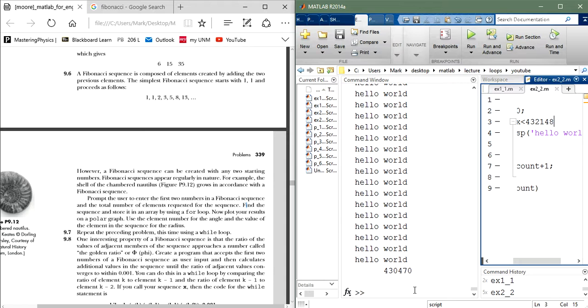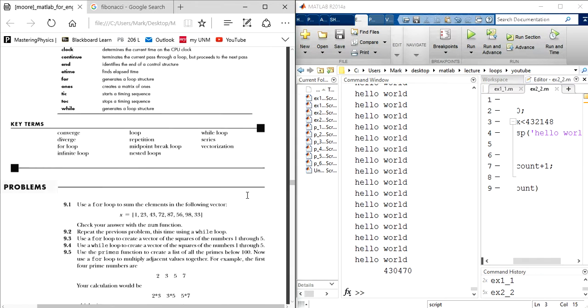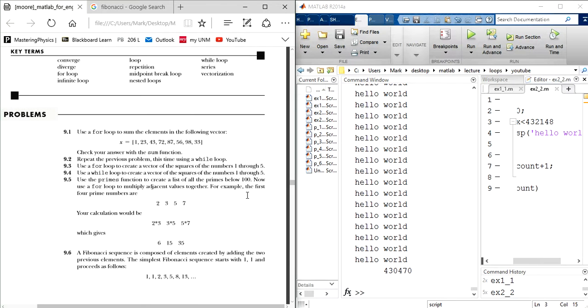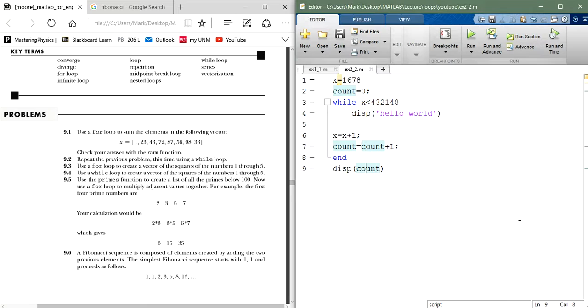Well, I showed you a for loop, I showed you a while loop. Let's jump into it. For those of you who are not in UNM CS 151 class, we are working out of MATLAB for Engineers, Holly Moore 4th edition, brought to you by Pearson. So here we go. Let's undock and